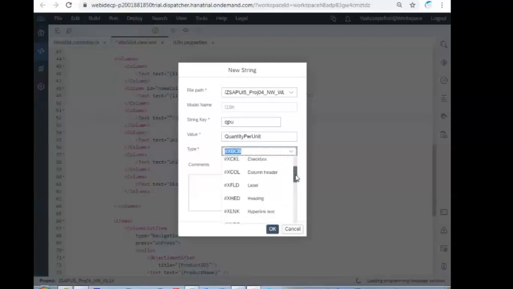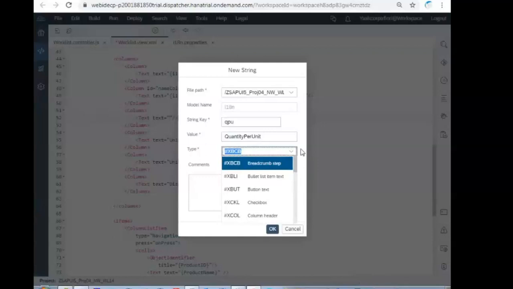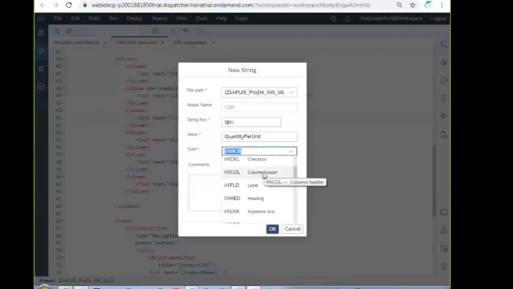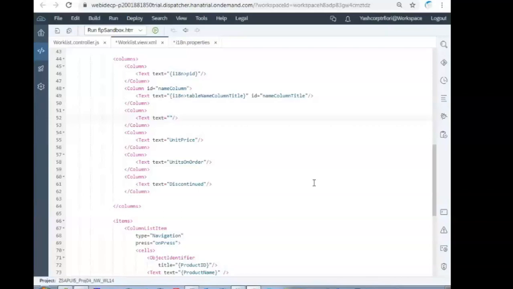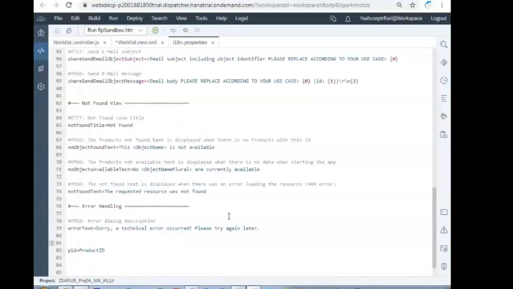Type is just a comment, but it is also a mandatory field. What type is it? It is a text column on the table, or a text on the button, or a checkbox name, a column header. You can choose anything here. Column header, click OK.